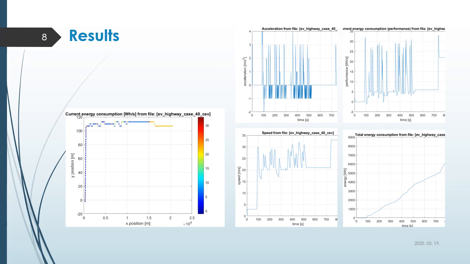On this slide, you can see some plots from a simulation case. The acceleration limit was 4 meters per second squared. High consumption peaks occur at high accelerations. For example, here you can see the consumption peaks, and here you can see the acceleration peaks. And these peaks occur at lane changes. For example, here you can see that at each lane change there are some red spots,